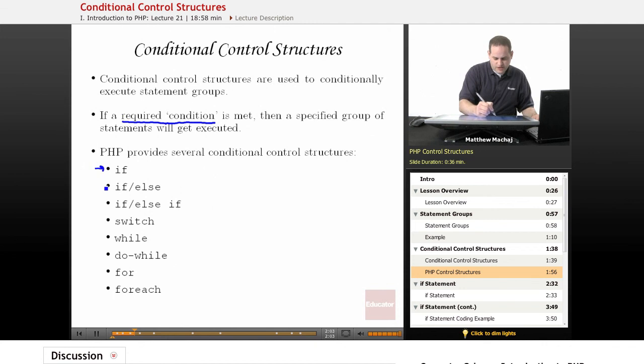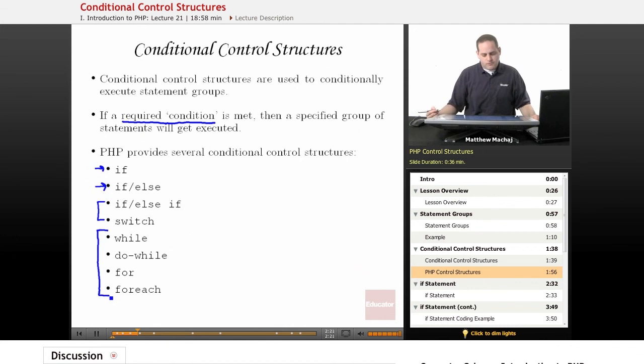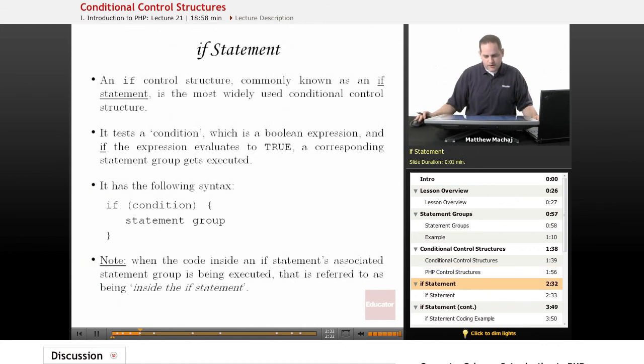There's the if and else statements, and both of those we're going to be talking about today. There's also the if-else-if control structure and the switch control structure, which we're going to be talking about in a couple upcoming lessons. And then these control structures down here are conditional control structures that allow you to loop over a statement group and repeat it multiple times based on certain test conditions. And we'll be getting those as well later on in the course. The if control structure, commonly known as an if statement,